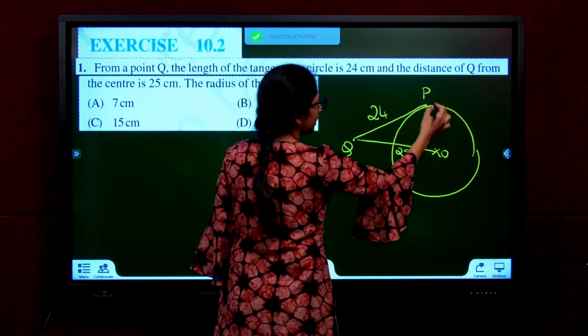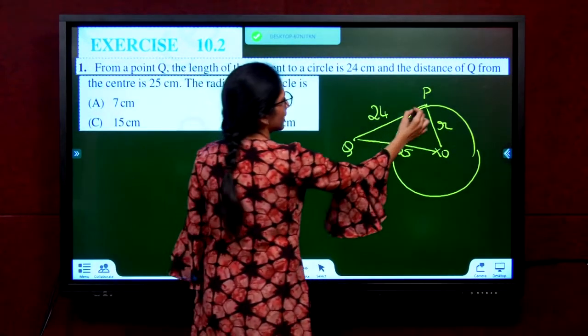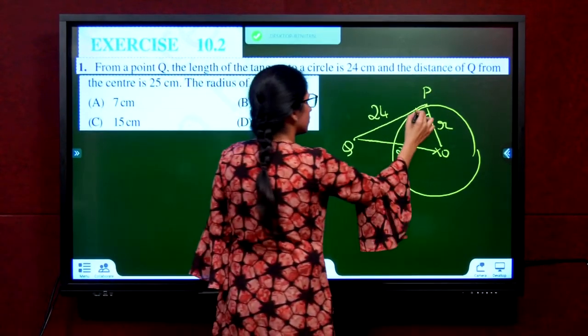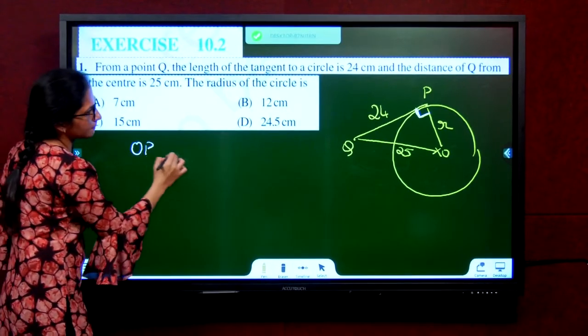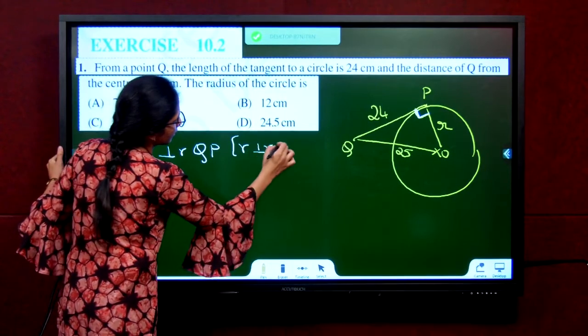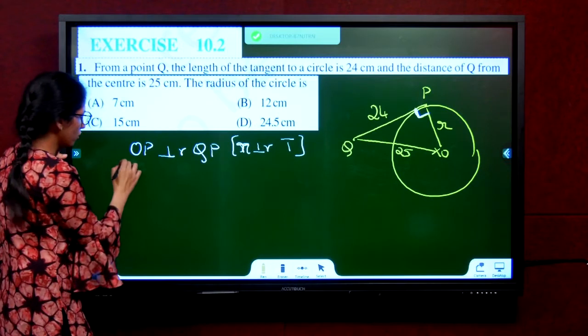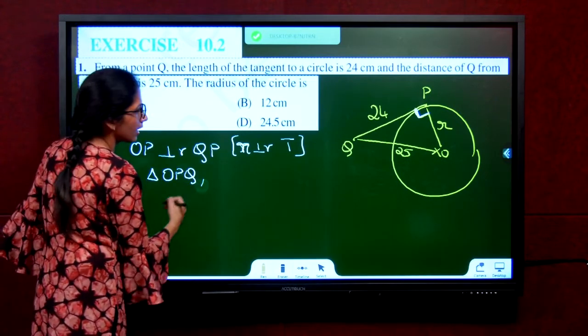Let's name this point P. Can I say OP is the radius? Yes. OP is perpendicular to QP. Why? Reason: radius is perpendicular to tangent. Therefore, in triangle OPQ, I can say